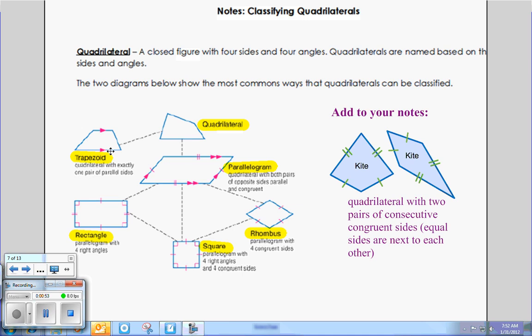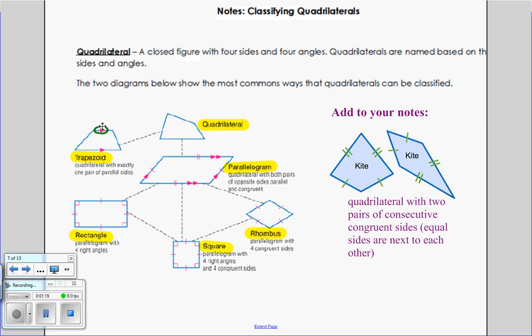Over here we see the trapezoid. So we have 2 little arrows, one down here on this line, one up here on this line. And what these arrows mean is that these 2 lines are parallel to each other. Now each of these lines has 1 arrow. That means that this line with 1 arrow is parallel to this line with 1 arrow. Okay, so that's why we have the single arrows on this particular